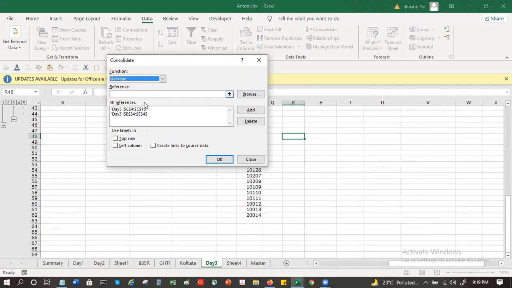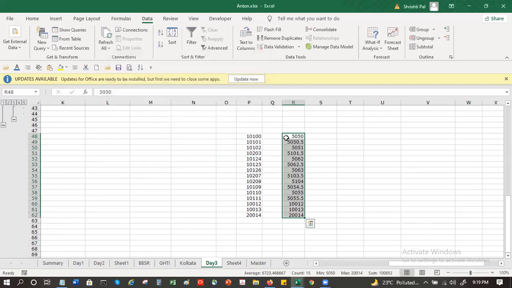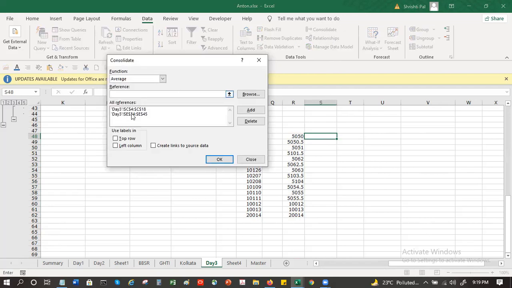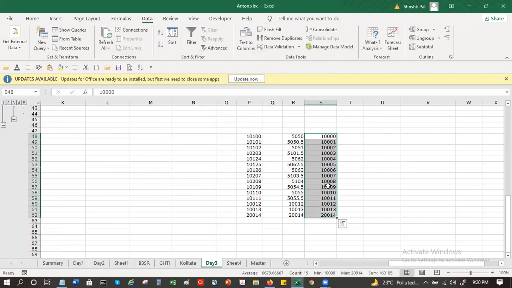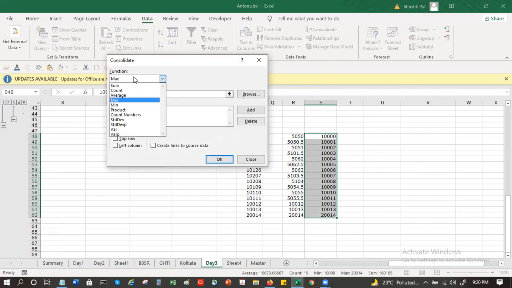Suppose I want an average. So it'll give me an average of those two ranges that I selected. I want consolidate, and instead of average, I want a max. So between those two, whichever is max, it will give me that, depending on the function that I'm choosing, basically.